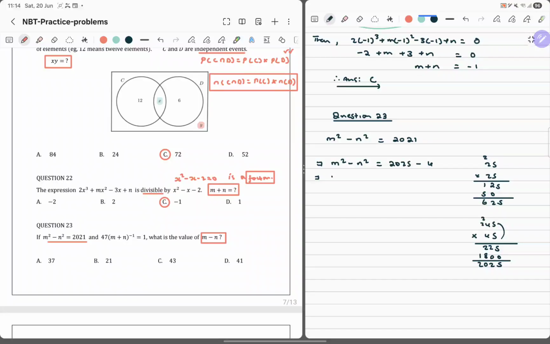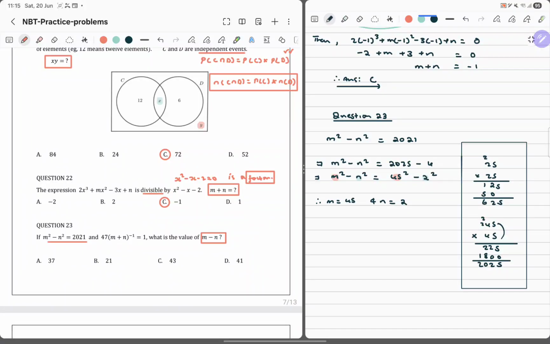So we know that m squared minus n squared is equal to, if we check this, this is 45 squared minus 2 squared. So you see we had to check some things here. Now if we can do this, guys, this is perfect, because if these are to be equal, it means m must be 45 and n must be 2. So therefore m is equal to 45,